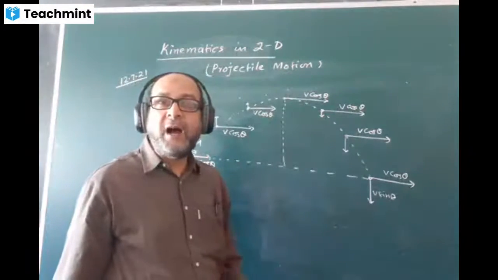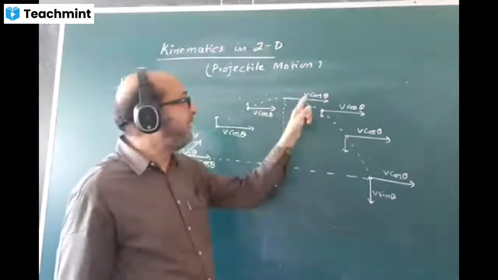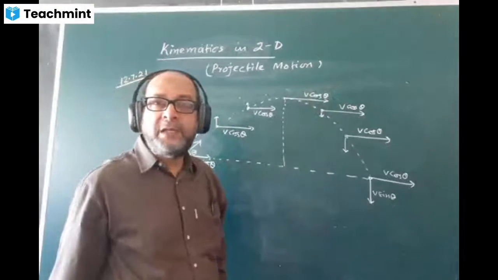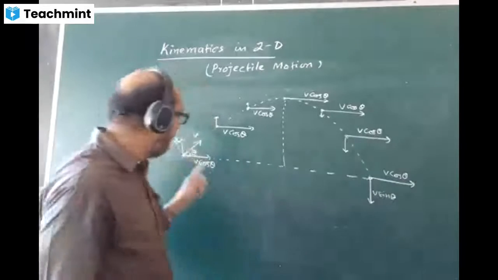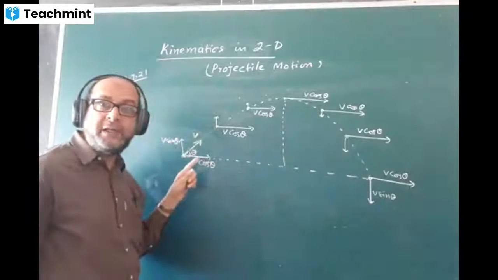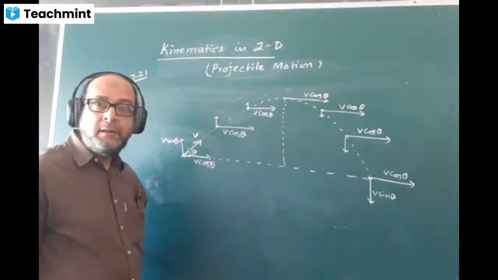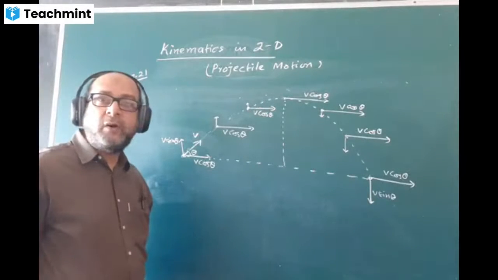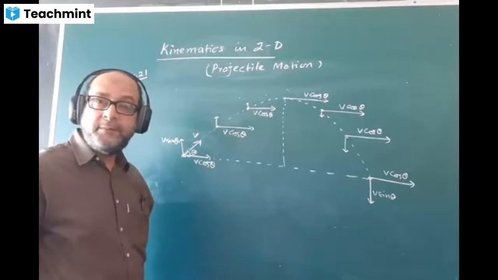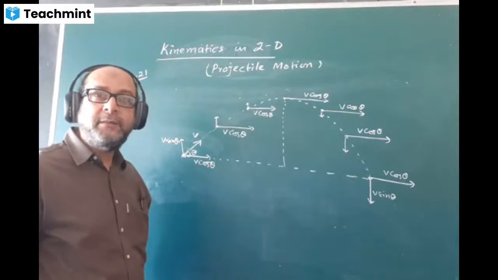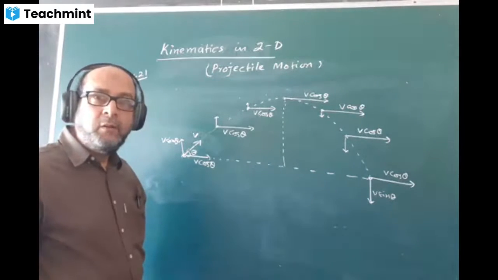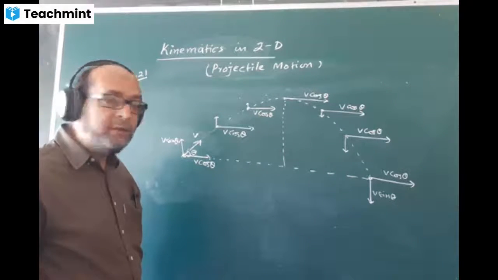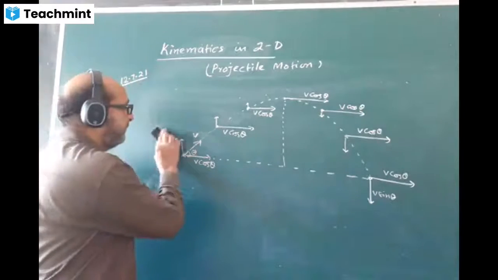If you have to find kinetic energy in case of projectile motion, making some angle like this, the kinetic energy formula will be half m (v cos theta) whole square, that is half m v square cos square theta. Theta also will come into play in that case. So we have to use the formula half mv square cos square theta. Remember it, in case of kinetic energy you are calculating. Hope you understood this concept.